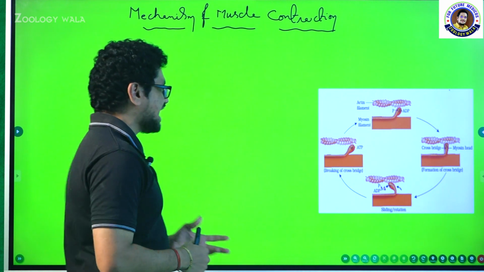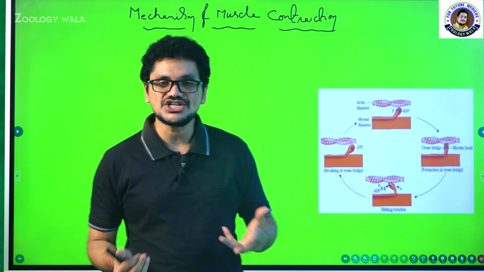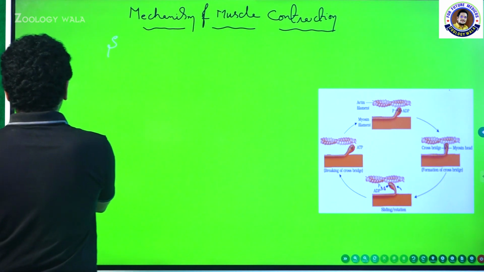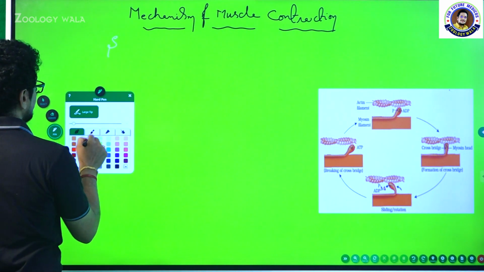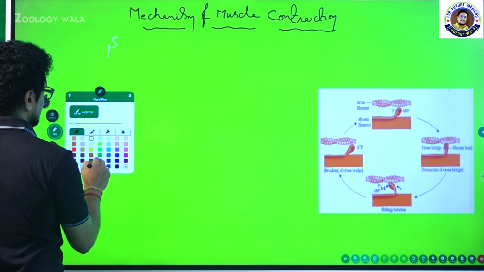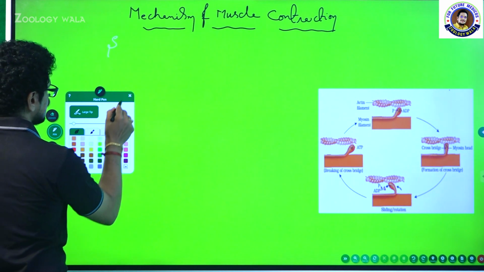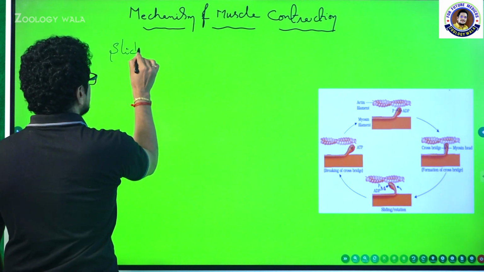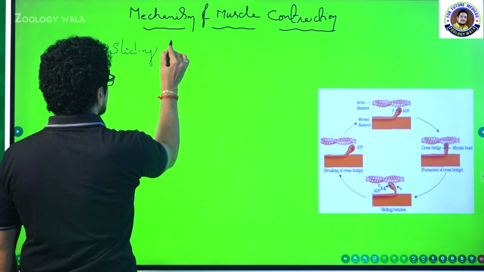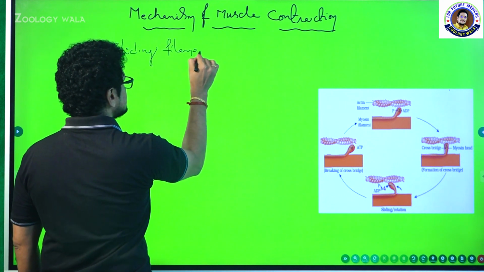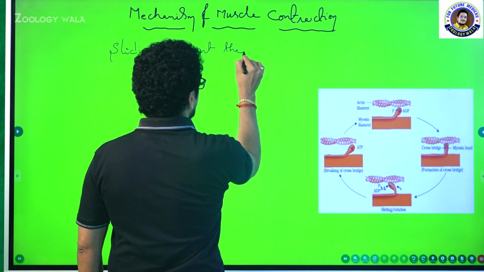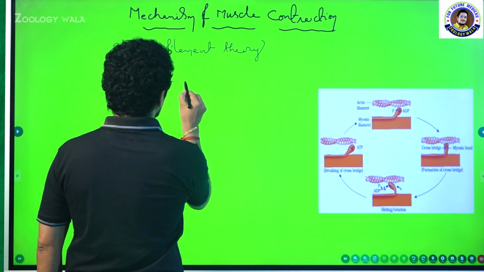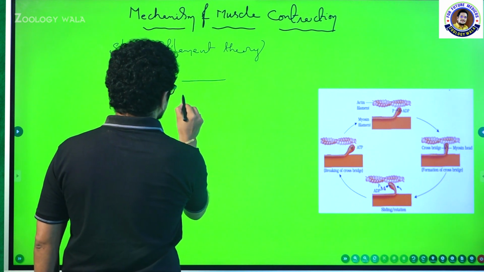So what is the mechanism of muscle contraction? See, muscle contraction can be explained with the help of a theory called the sliding filament theory. What is that theory? Let me write with this color. So the mechanism of muscle contraction can be explained with the sliding filament theory. What do you mean by this filament? I explained in my previous class that this is the thin filament,